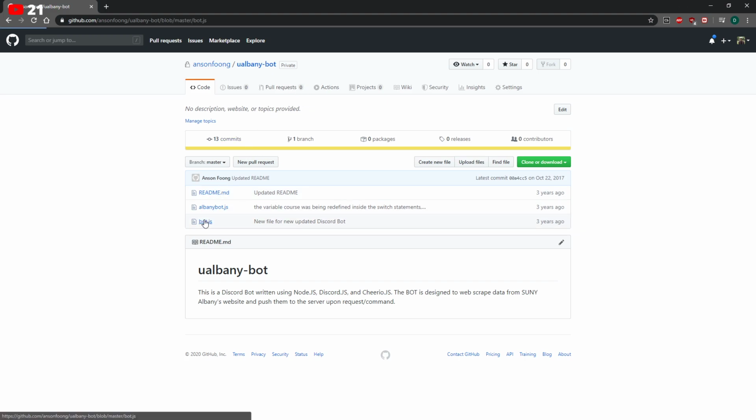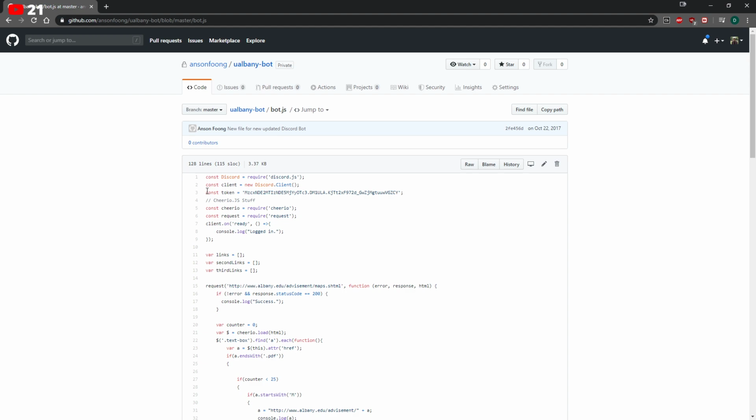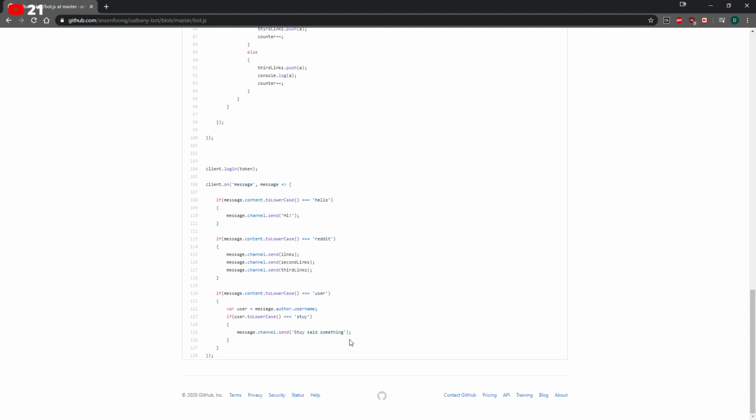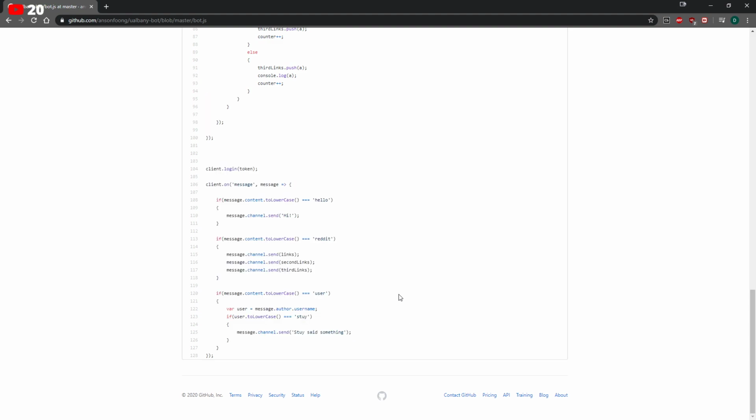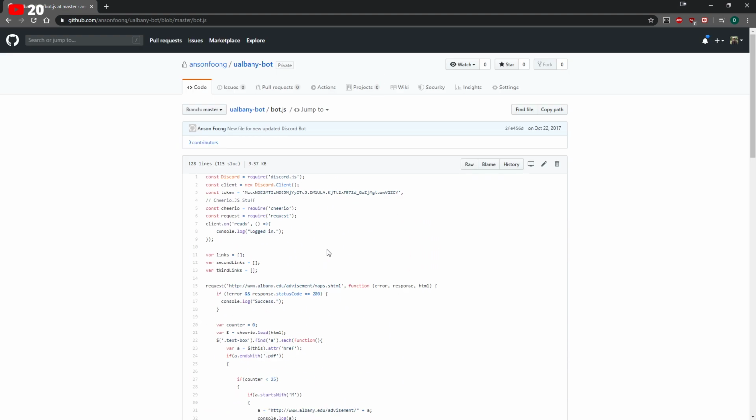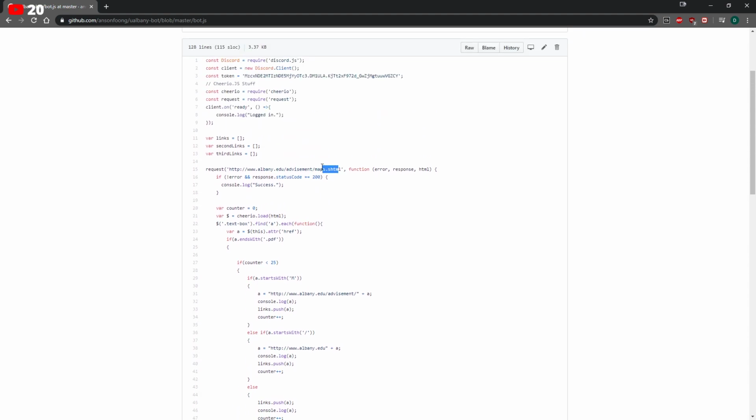If we look over here, you can see already that I have the bot token right over here, which is already a mistake. There's a lot of pretty boring stuff going on in this code, and just looking at it, it's pretty bad compared to how I do things now. But this was my first ever Discord bot I ever made. It was basically I would web scrape a page from my university, and I would send all of those links into my Discord chat.